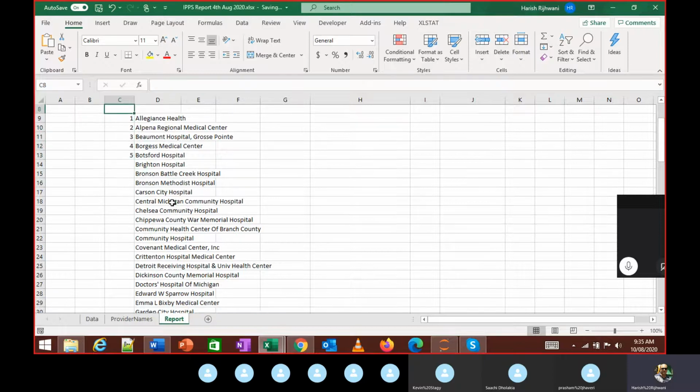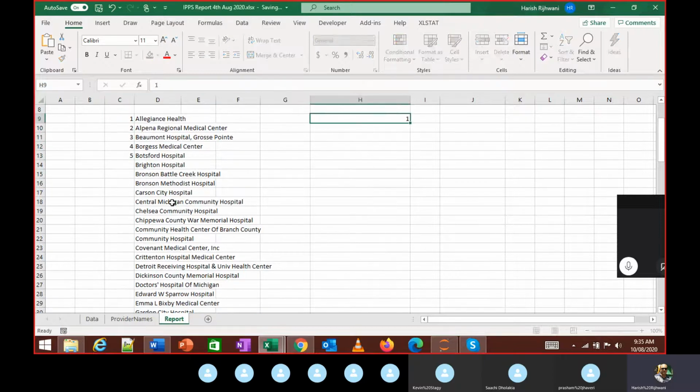If I have a value 1 over here and I do Control D, it copies the value which is above it and pastes it at the bottom. If I do Control R, it fills the value on the right. Make sense? Yes, sir.